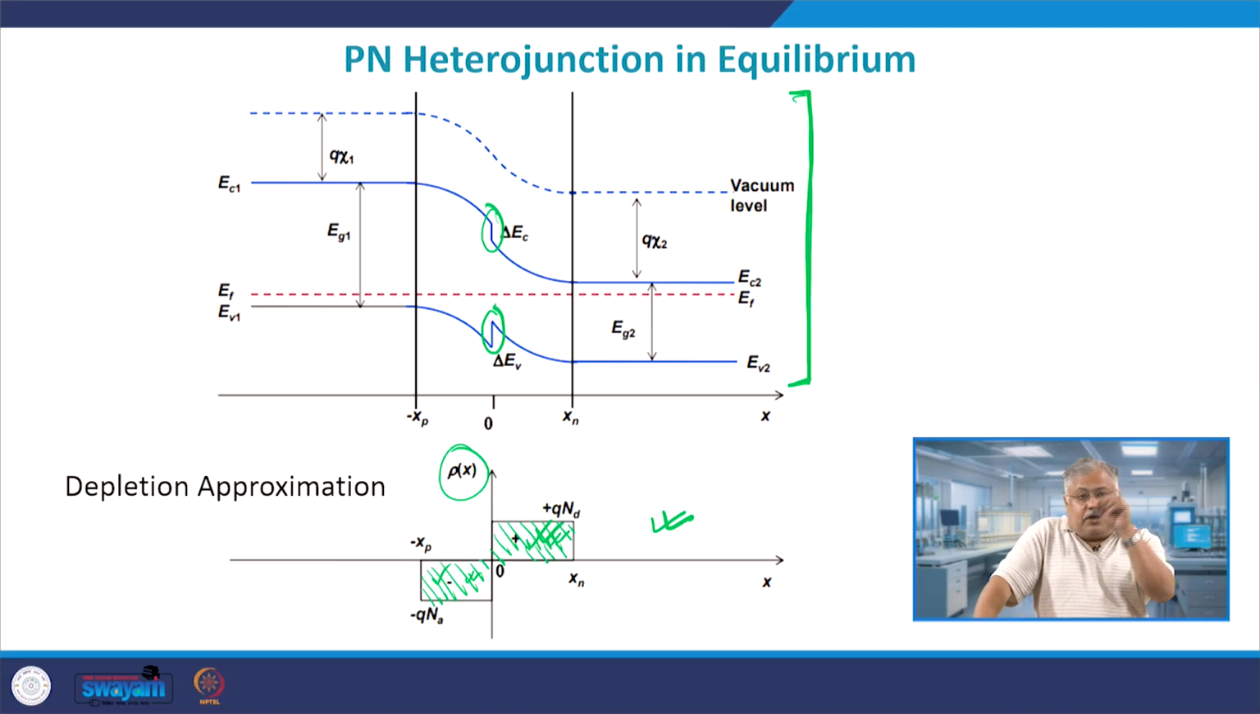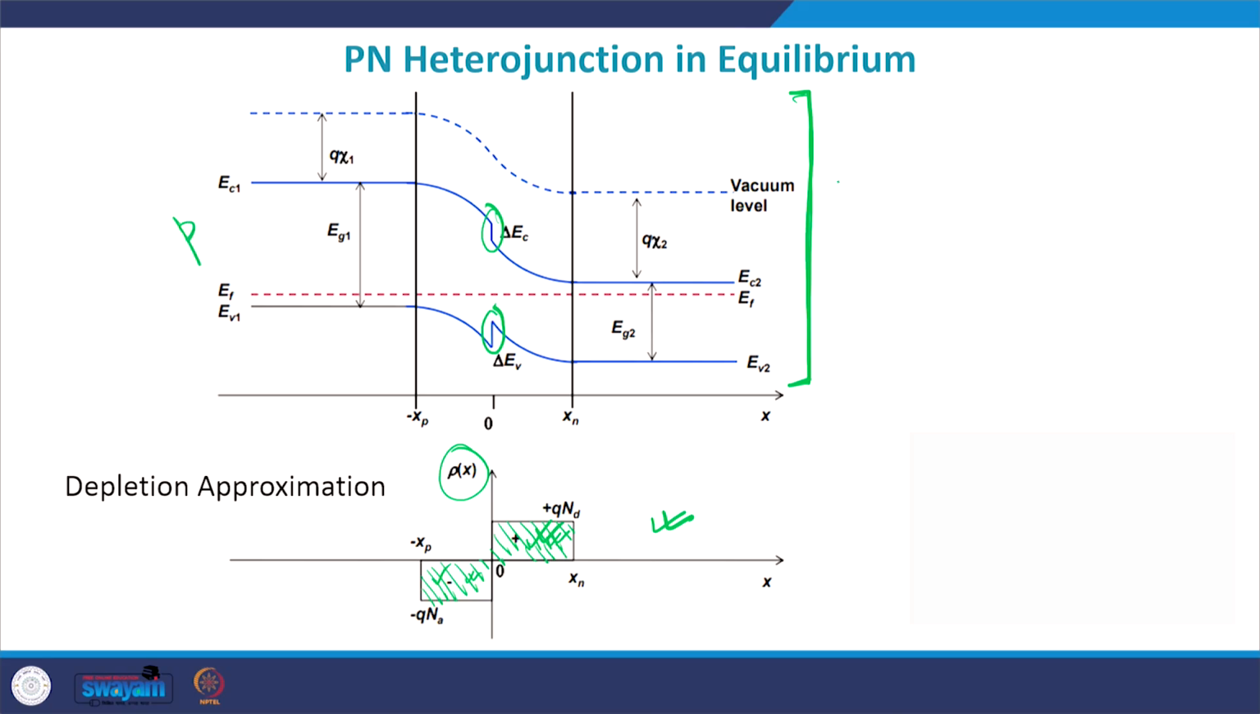So, there will be an abrupt change in the value of EC and EV, and this is known as the discontinuity in the energy band. Now, you see the Fermi level has aligned itself, because you have reached an equilibrium. The Fermi level is closer to EC2 on the right hand side and closer to EV1 on the left hand side, primarily,